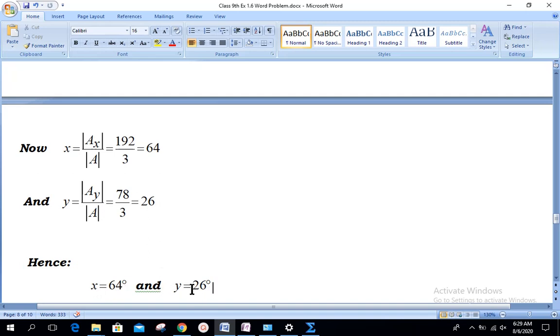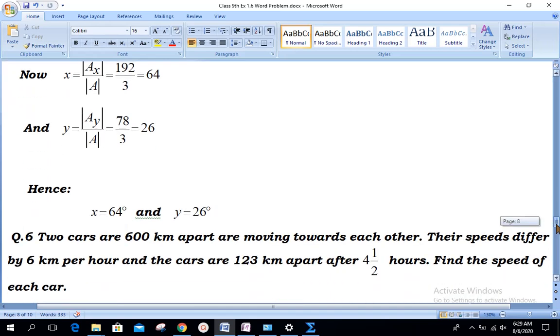If you add them, their sum will be equal to 90 degrees. The other angle is already the right angle, 90. This makes the proof complete that the sum of three angles is equal to 180 degrees.